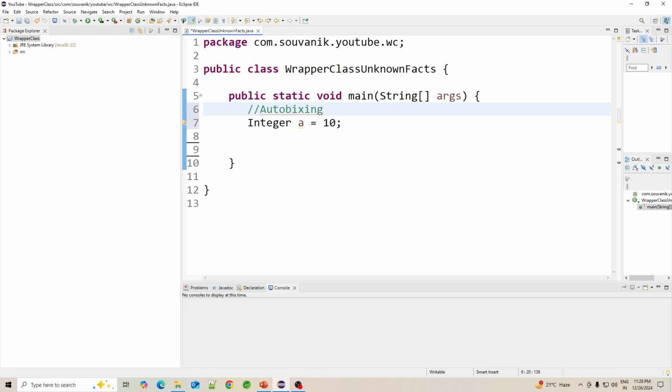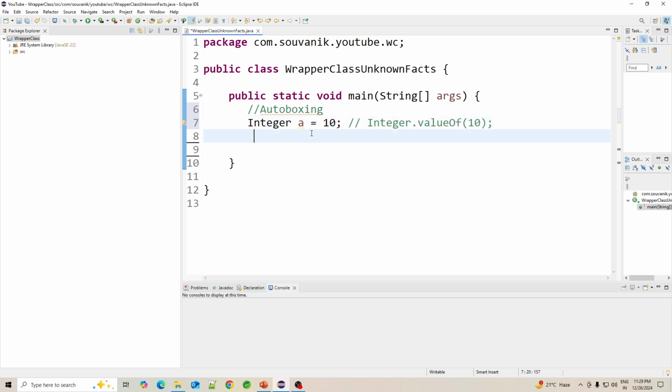Behind the scenes, the compiler will write something like this: Integer.valueOf, and it will create the corresponding wrapper class object. This is called autoboxing, and this happens internally. I'll show you the bytecode and you will get to know that yes, this is really happening. I'll prove it by showing you the bytecode of this class.